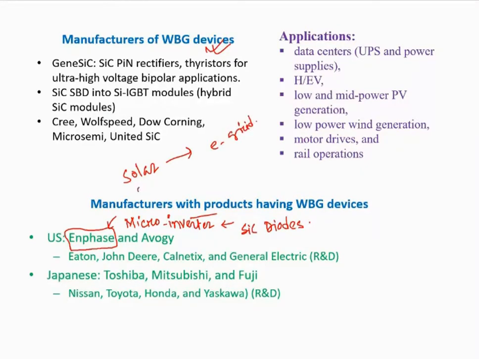Typically the rating would be around 36 volt or 18 volt, and power rating less than 300 watt, and this grid side will be 230 volt, 50 hertz typically. So a microinverter is an inverter which converts your solar output, DC, to AC. So solar is DC, and on the AC side you have 230 volt, and in India, 110 volt in countries like USA.